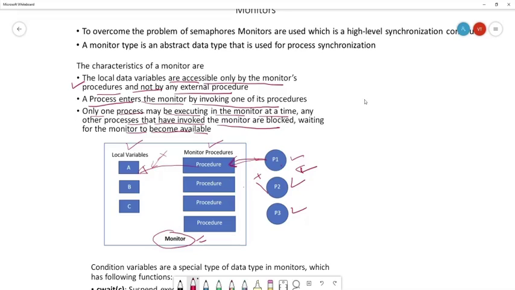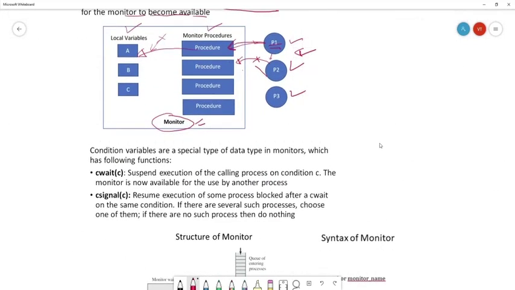Whenever the process goes into the blocked state, what should ideally happen? The next process in the queue should come into the monitor. So this is what is happening here. There are condition variables which are used in the monitor. Mutual exclusion is enforced as the monitor allows only one process at a time. The data variable, that is the shared variable or common resource in the monitor, can be accessed by only one process at a time. The monitor also supports synchronization for concurrent processes by using condition variables.